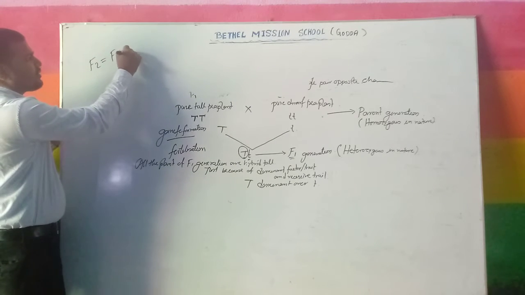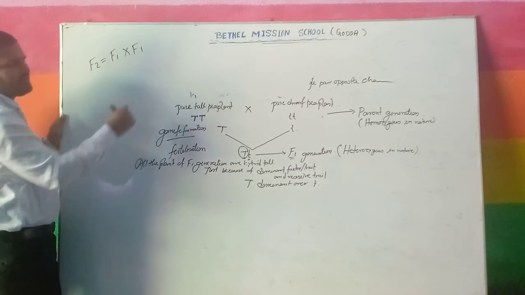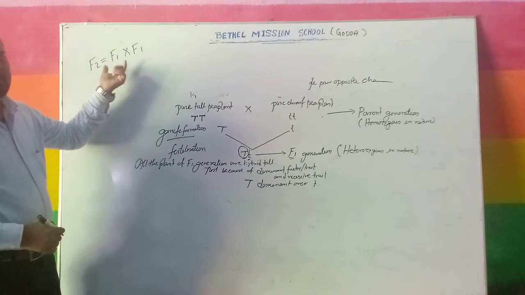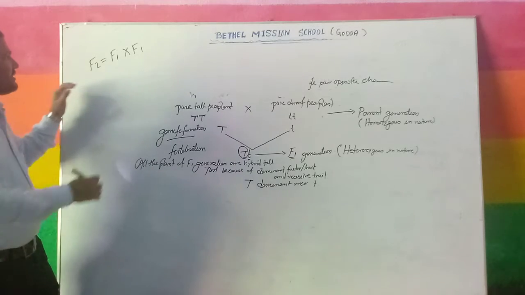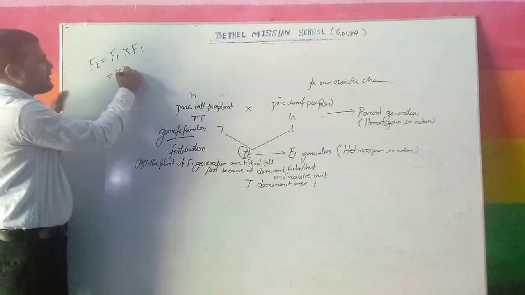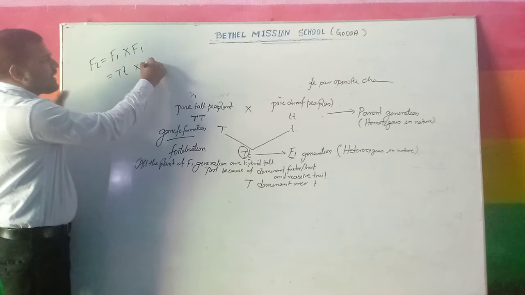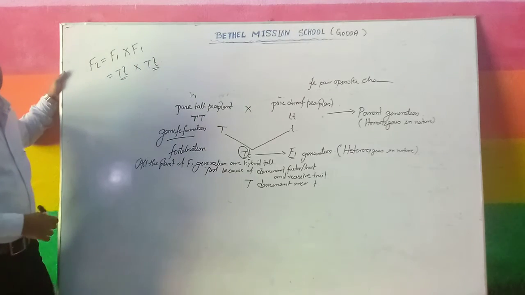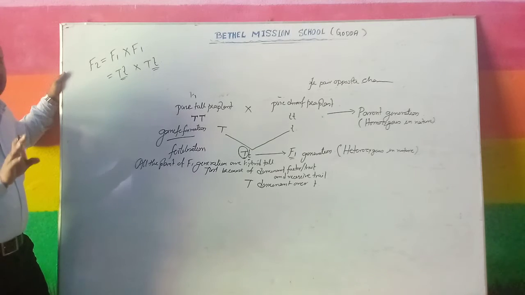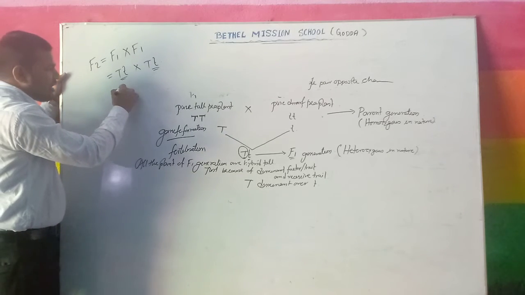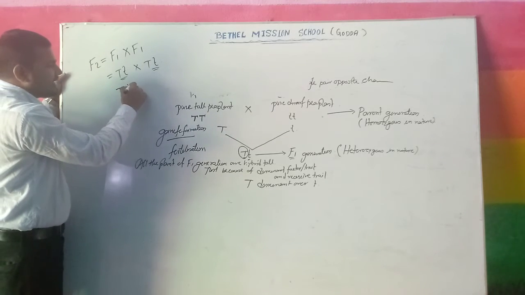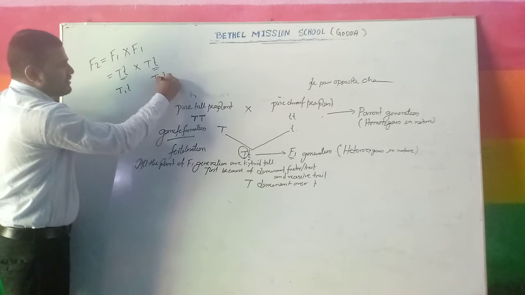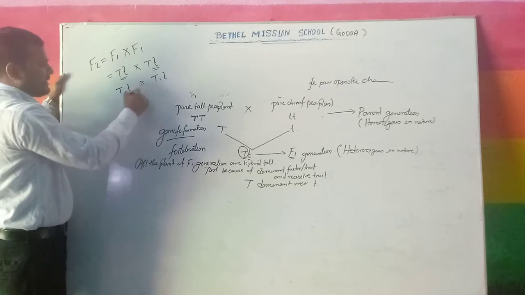Now how can we get the F2 generation? F2 generation means the cross between the F1 plants. This type of cross is termed a test cross. So F1 plants contain the features capital T small t, capital T small t. Now these are heterozygous in nature. So they will produce two types of gametes. One gamete contains the capital T and the other gamete contains the small t. Here, similarly, capital T and small t.